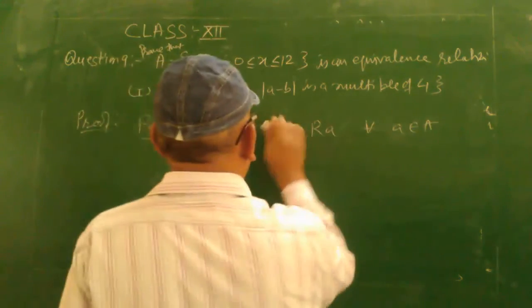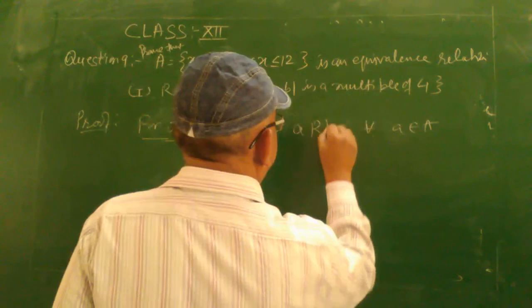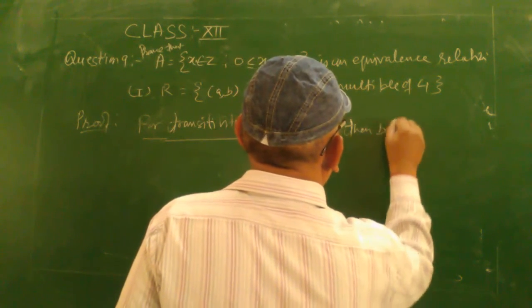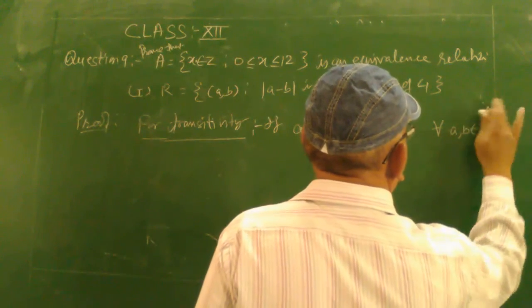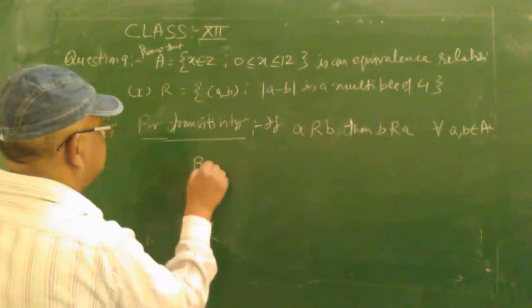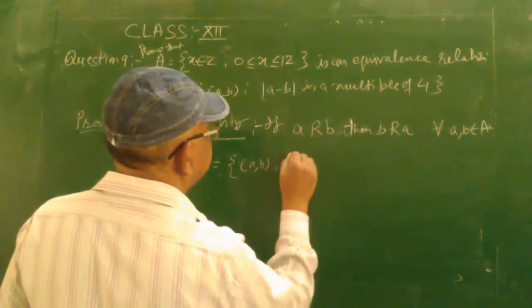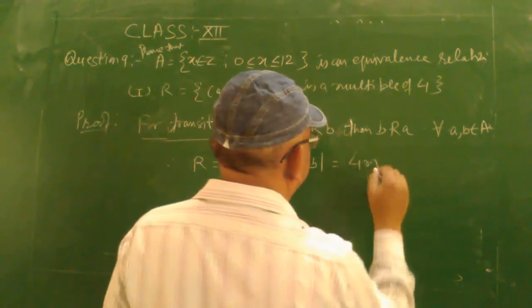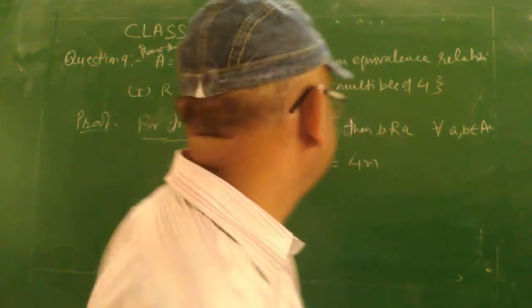You will write if A related to B, then B related to A, for all A, B belonging to the set A. So in the same manner, use the relation. R is equal to (a, b) such that modulus of a minus b is a multiple of 4. a माइनस b आप ले रहे हैं मल्टीपल ऑफ 4, तो उसको आप 4m या 4 लैम्डा लिख सकते हैं।